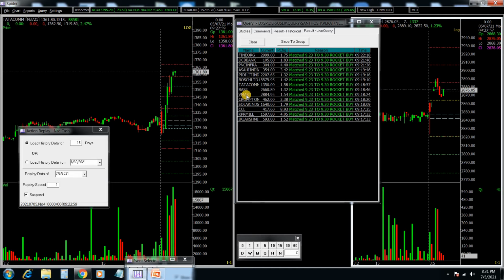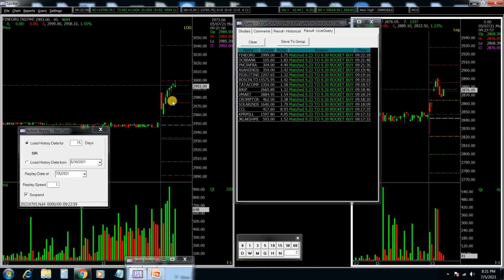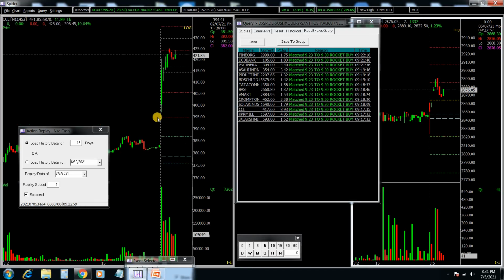Next we got Fine Organics. Fine Organics touched the second red line at 9:22. Perfect. CCL touched the second red line in the morning itself by 9:16, and within 9:18 its high got broken, so we have an entry confirmation here.